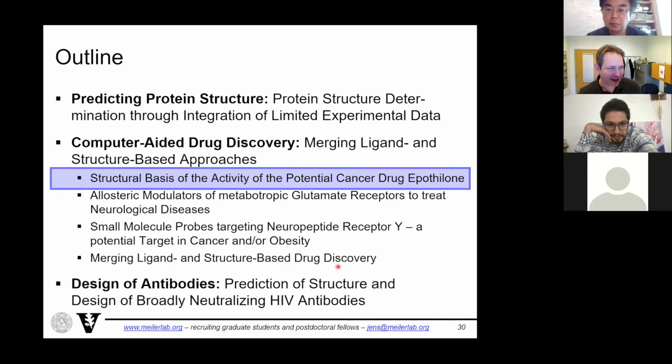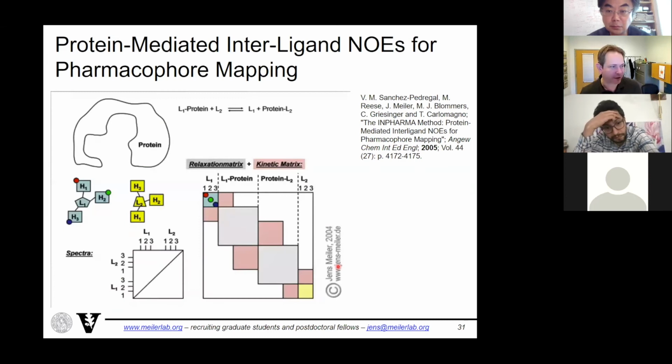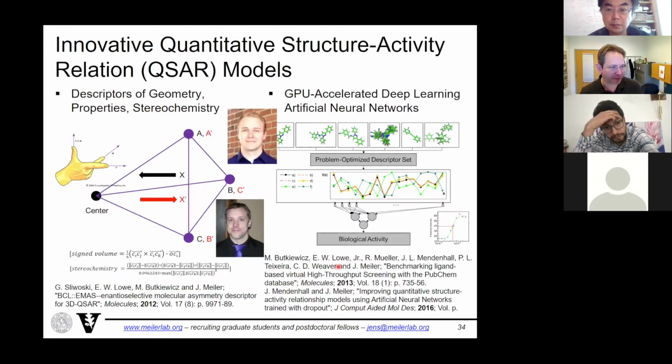I'm going to again just pick maybe a couple of projects here. We're going to skip this one, but I show this one for just a second. In my lab, I don't show a whole lot of method development, but that's actually what I'm passionate about. So most people in my lab write new algorithms. And just to give you a little bit of an idea of what this looks like.